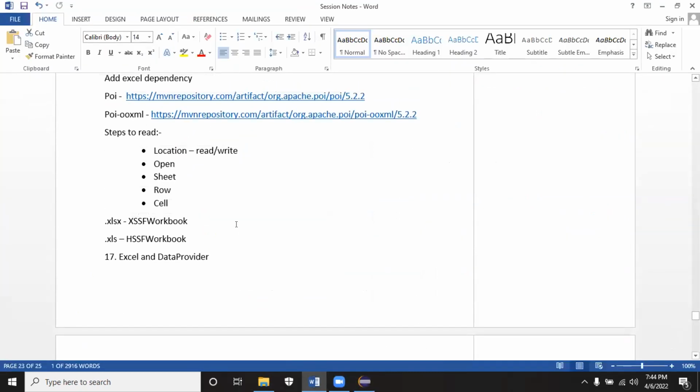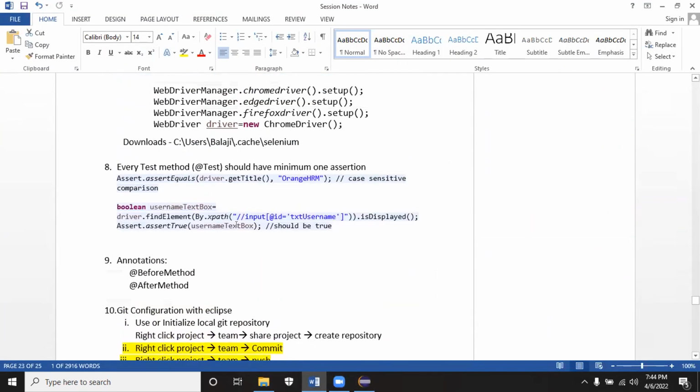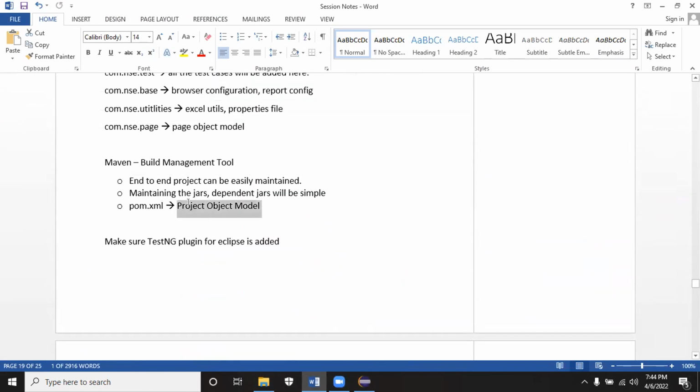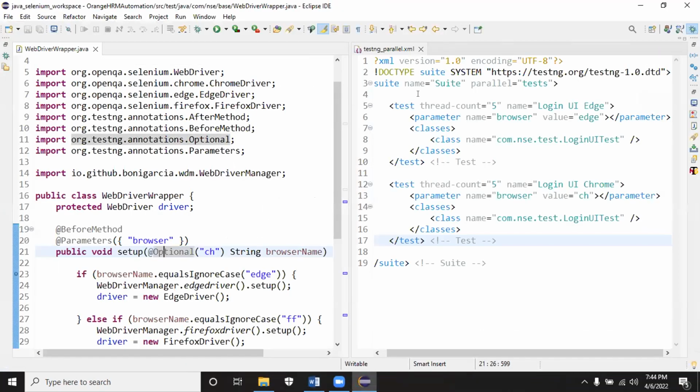So two things we can extend in our framework. One is page object model. For reusing this find element code, we can go for page object model. And in page object model also, you can create some keywords and use them. We will be using inheritance with the super keyword and all, we'll add it. But before that you need to understand this framework structure and all these flows, then it will be easy for you to add the page object model.